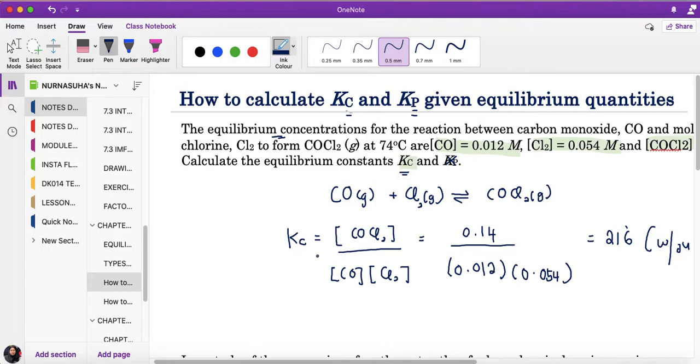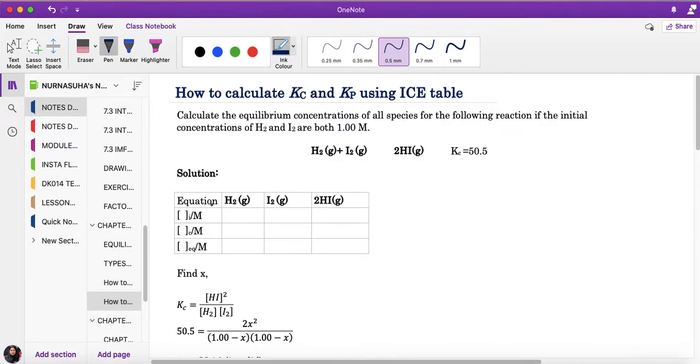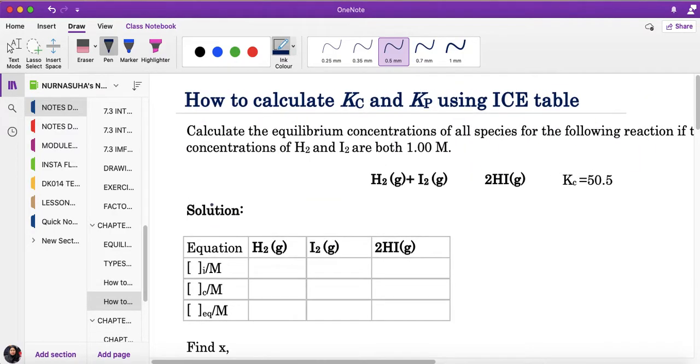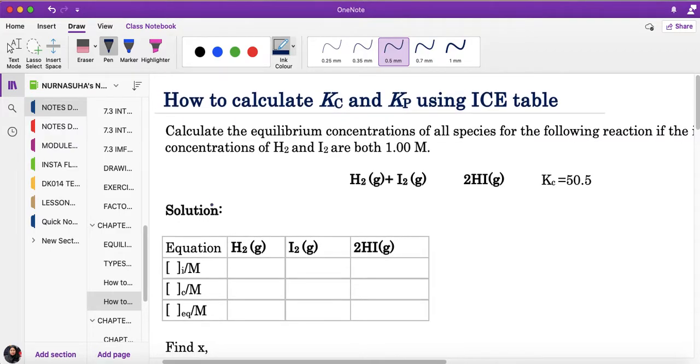So if the value given is at equilibrium, you can directly use the Kc or Kp formula. So for the next one, we will look at how to calculate Kc and Kp using an ICE